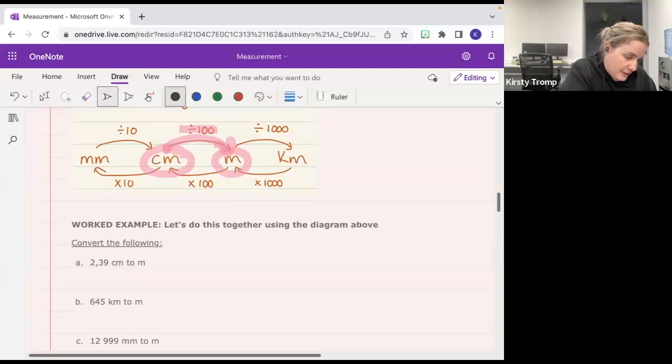So if I'm going to divide by 100, I take my calculator, okay? And on my calculator, I'm going to say 2,39, right? Unfortunately, I can't get my calculator on the screen. I've tried a few times, but it keeps disappearing. So you are all going to have your calculators on you. I've got my calculator on me. 2.39 divided by 100 equals. And it gives me